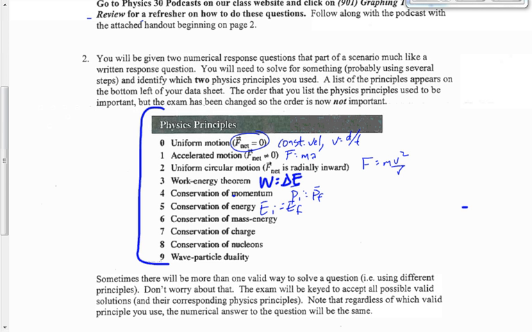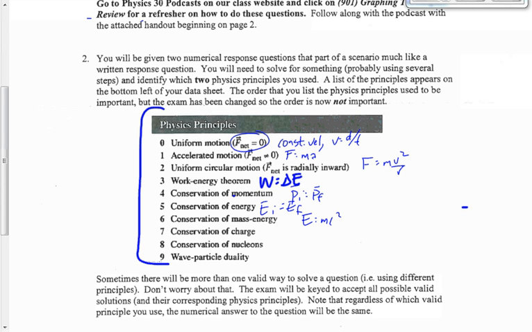If I'm using conservation of mass energy, which equation have I used, Riley? Right, E equals mc squared. Conservation of charge, it's not really a math thing with an equation, right? If you use the idea that charge has to stay the same, that's conservation of charge. That might be a situation where you're balancing the number of protons, the atomic number between one side and the other in a nuclear reaction. If you're balancing the top number, then that would be nucleons, conservation of nucleons, balancing the number of protons